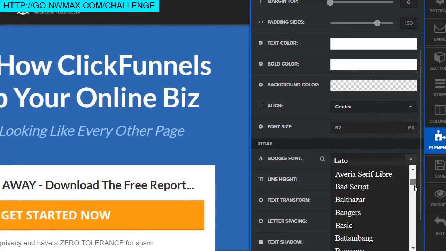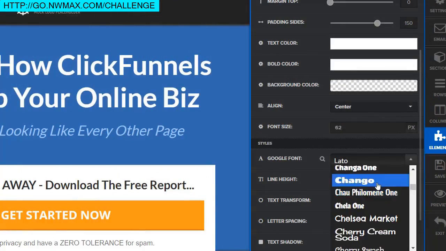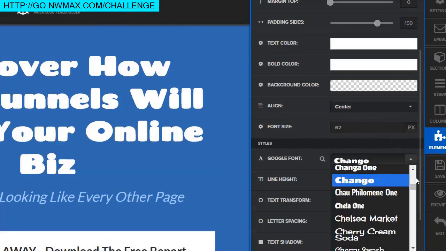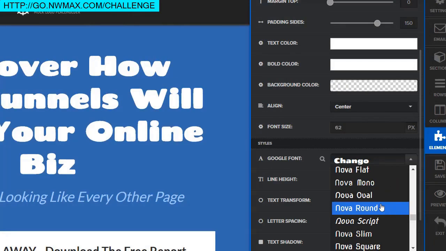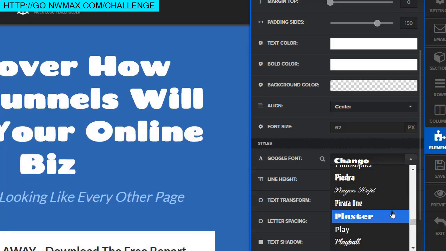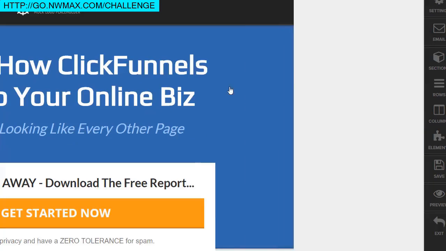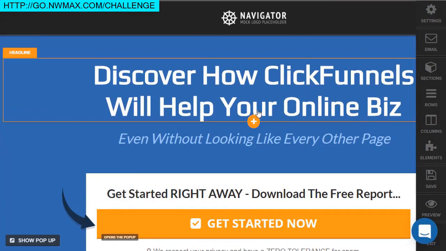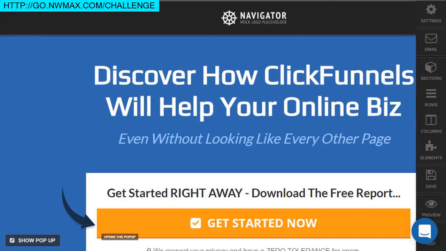If you're planning on modeling something that does look similar, that looks horrible. But just to give you an idea, there's a lot of fonts here. You could actually have a field day here, looking for one that you really like. I'm just going to keep it at that. But it's very easy to go in there and get a landing page up and running as soon